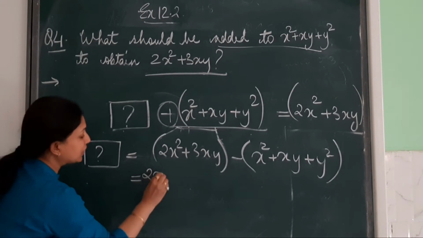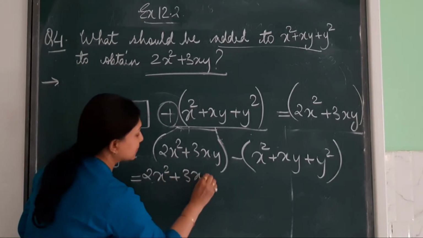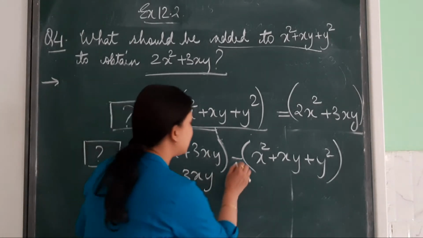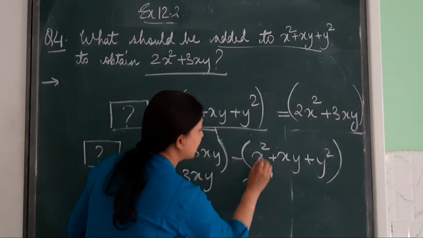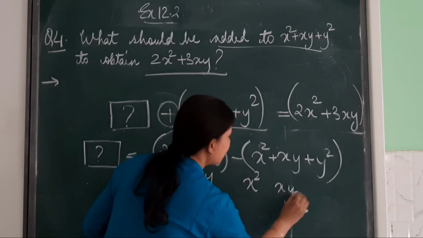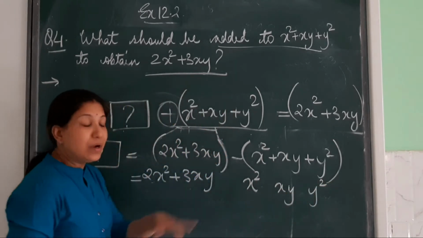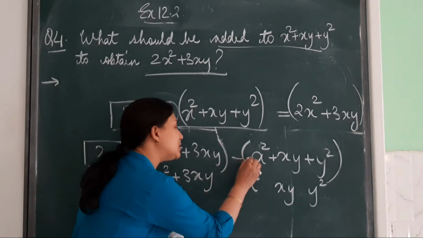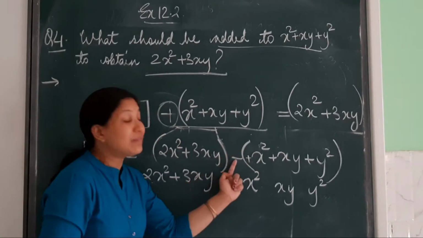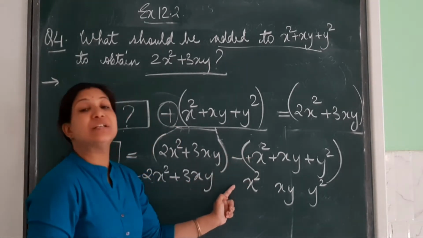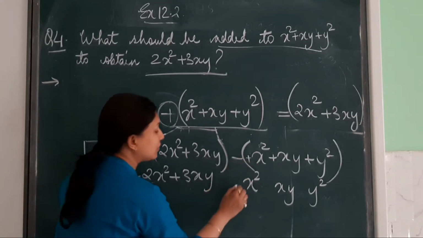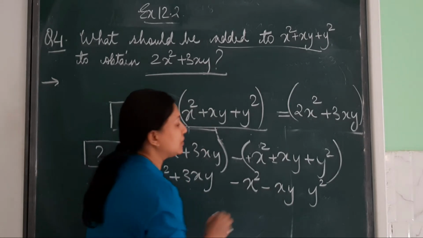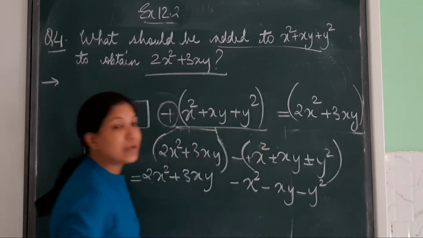You can copy the terms as it is. But yes, if you have a negative sign outside the bracket, that means you will write down the terms x square, xy and y square. But what about the sign? Here what sign is x square having? No sign means a plus sign. So when you have a negative sign, the sign will get changed. So instead of plus x square, this will become minus. Here it's a plus sign, this will become minus. Here it's a plus sign, this will become minus.